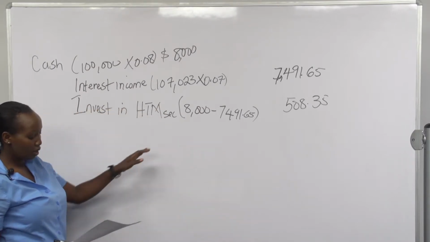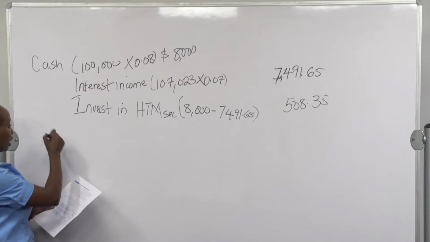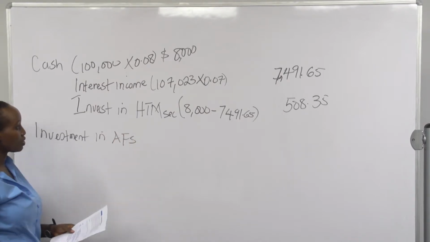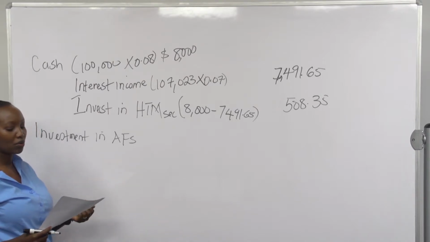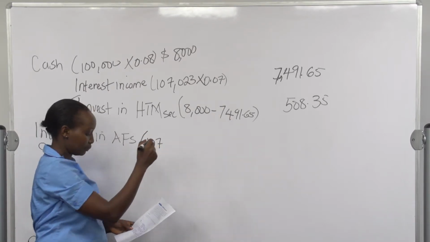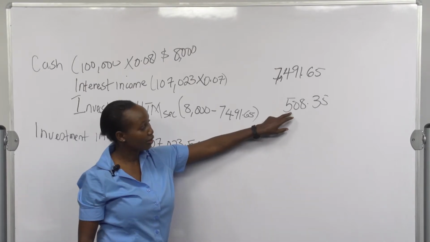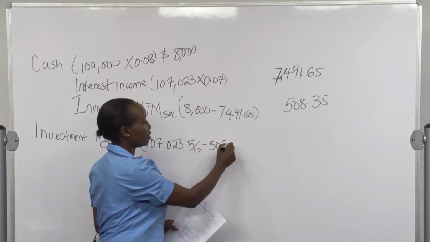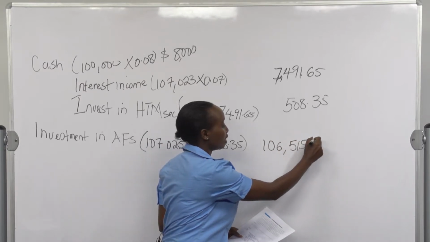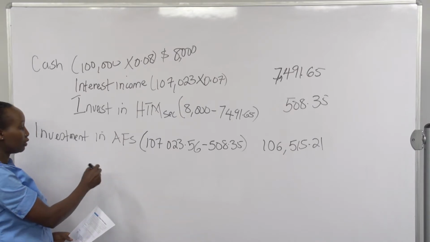With that, we can now reclassify this. So we'll reclassify this from investment in held to maturity and put it in investment in available for sale. So investment in available for sale, we increase it by 107,023 minus the amortization amount. So we had 107,023 and 56 cents, and we just amortized it further. So we'll subtract 508.35 from it. Now it's down to $106,515.21. So this is what we are increasing investment in AFS securities by, and we remove it from investment in